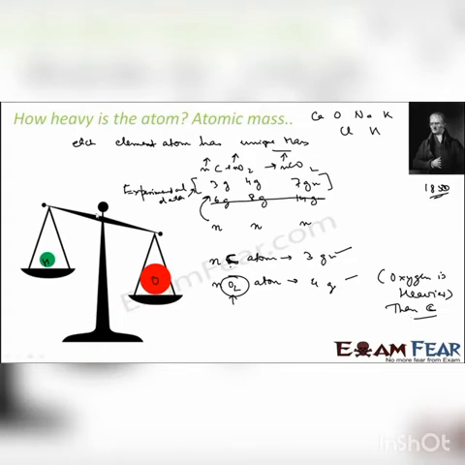And to find the relative atomic mass, one atomic mass has to be taken as one unit. So what chemists did was they had an option. We have hundreds of atoms and we have to take one as the reference. You could choose hydrogen as 1 unit, or oxygen as 1 unit, or carbon as 1 unit. They opted to choose hydrogen as 1 unit. If you choose hydrogen as 1 unit, you'll see that oxygen comes out to be 16 units, carbon comes out to be 12 units, and all these are experimental data.